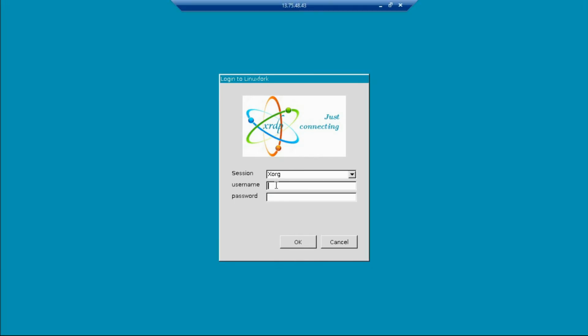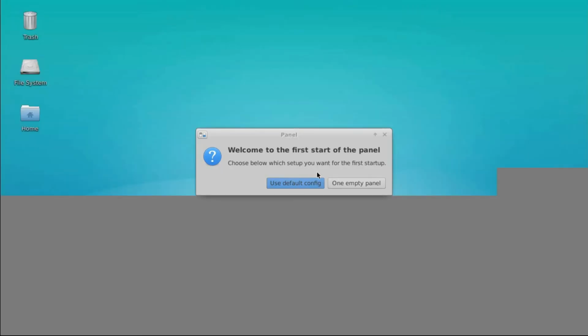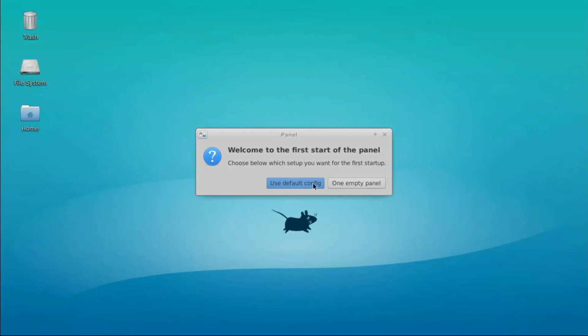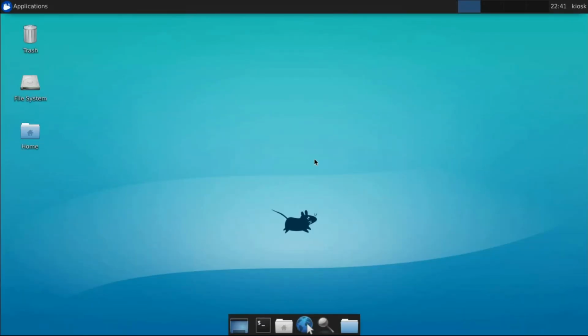Now give the username; I have given kiosk, and the password, whatever password you have set. Put that password here and click on OK. As we can see, I am able to access the XFCE4 desktop environment.